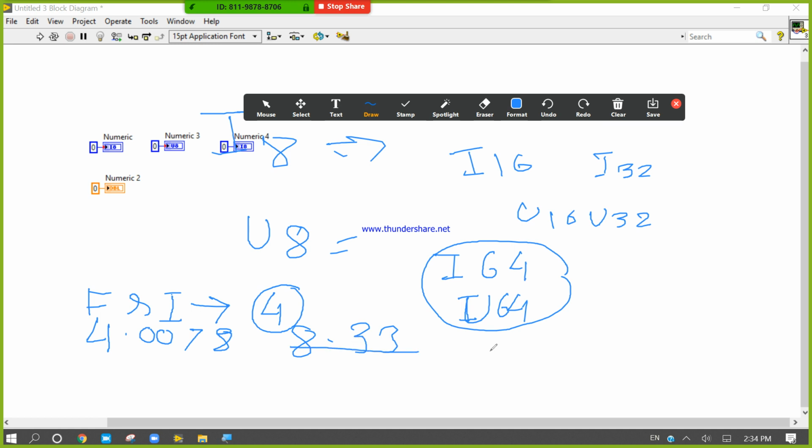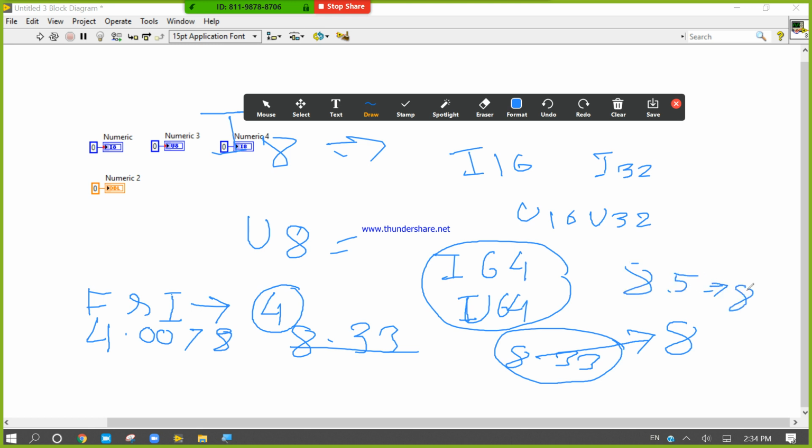But if you want to write 8.33 in integers, you cannot. It will be converted into 8, and if you write 8.5, it will also be converted into 8. But if you try to write 8.9, then it will convert into 9, because it is an integer.